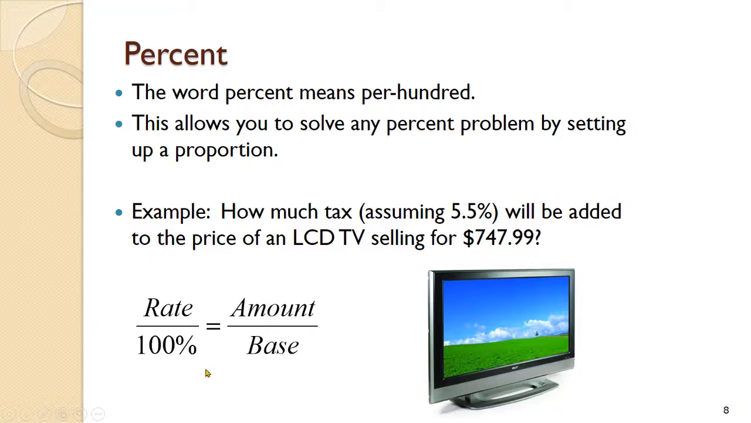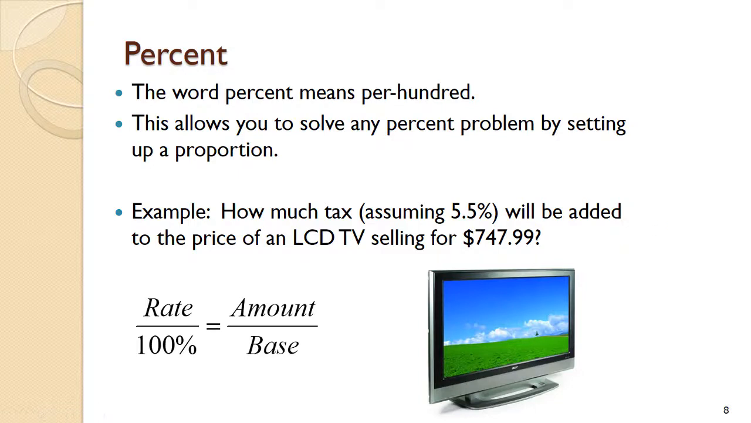We get a proportion there, and as long as we can find 2 of these values, we can solve for the third one. So here's a simple example. How much tax, if we assume 5.5%, would we have to add to the price of an LCD TV that sells for